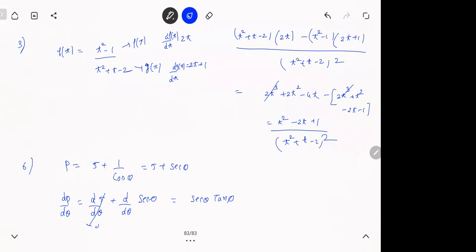6c. 6c is also same. Tan theta plus 1 plus tan theta, na? This is also lengthy only, but you can do. पहले आपको ये पता होना चाहिए 6c में. What is differential of tan theta? Check out the class notes. We did this thing. Differential of tan x का. Differential of tan theta is secant square theta. First you should know this thing.